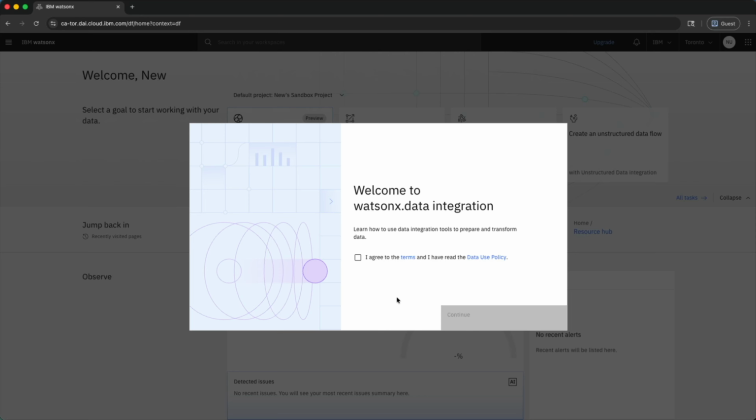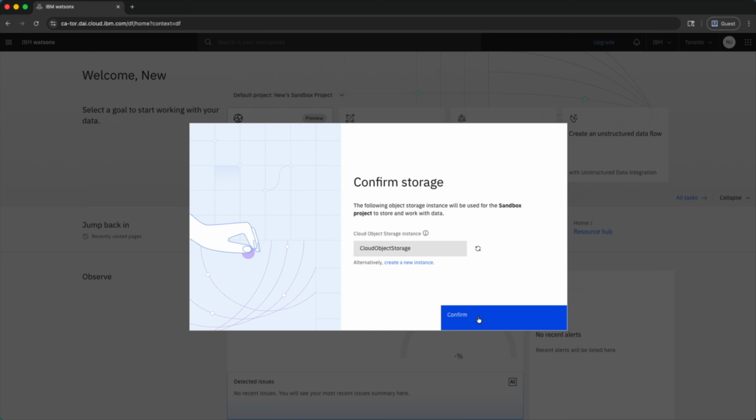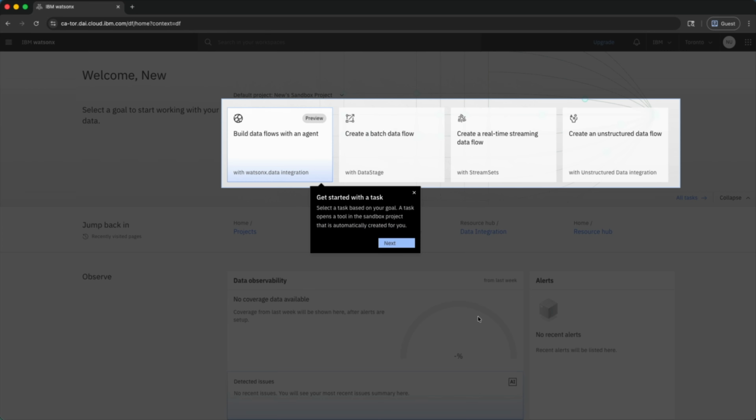the very first time. Before we get to the home page, you'll need to confirm the standard license agreement. Next, you'll be asked to confirm the Cloud Object Storage instance. This is where your project data and assets will be stored. Click Confirm to continue. Once you're in, a brief guided tour displays to walk you through the different areas of